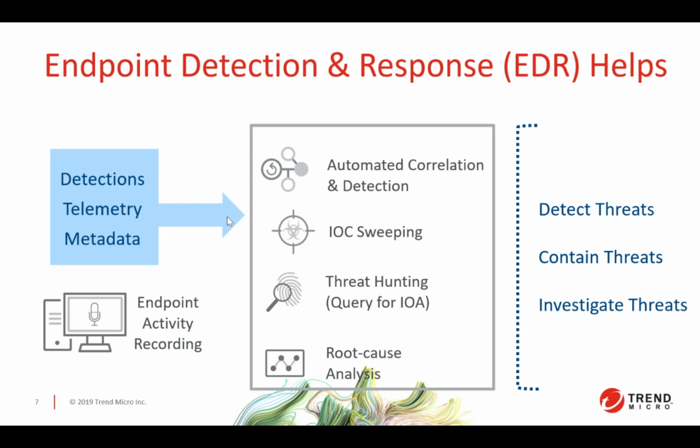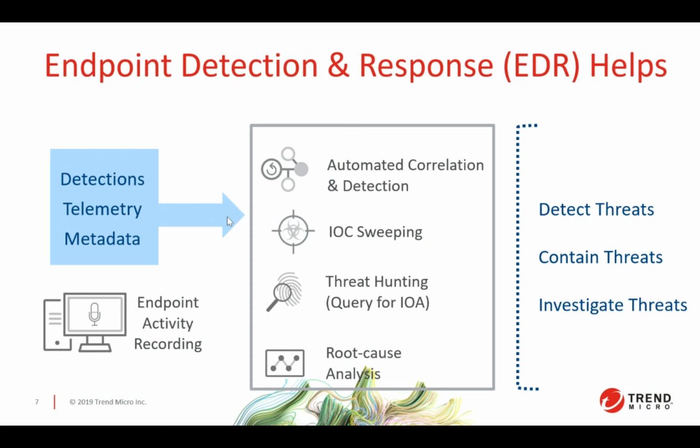there. So how the automated correlation and detection will be happening with the endpoint? Actually, the metadata, whatever the telemetry data, and the process details, and whatever activity happening at the remote, it will be sent to the cloud based Apex management server, or on-prem Apex management server. It will send there, and then the artificial intelligence, the machine learning techniques, everything will be applied for correlation, and by this way the automated correlation and detection will happen.